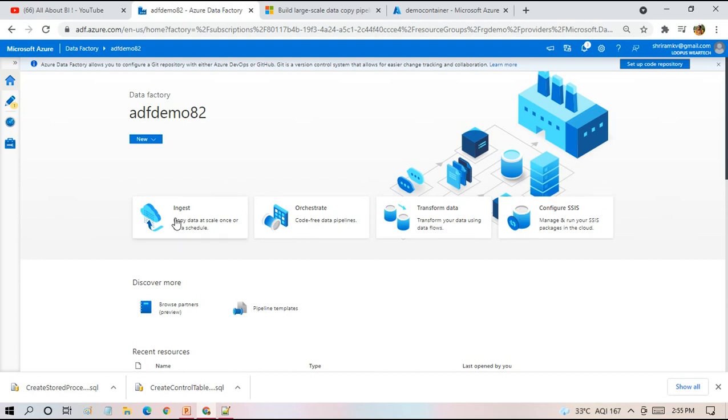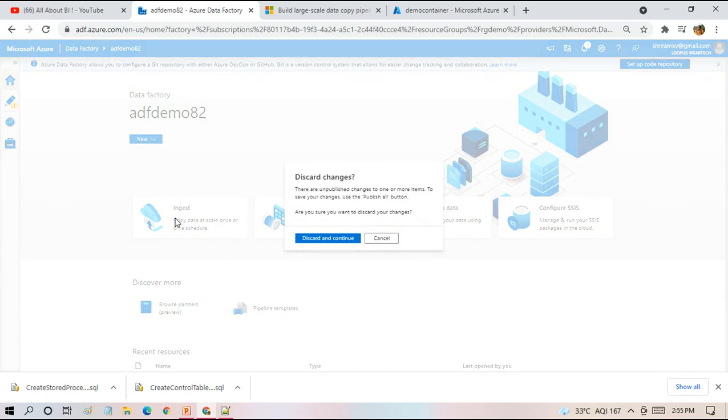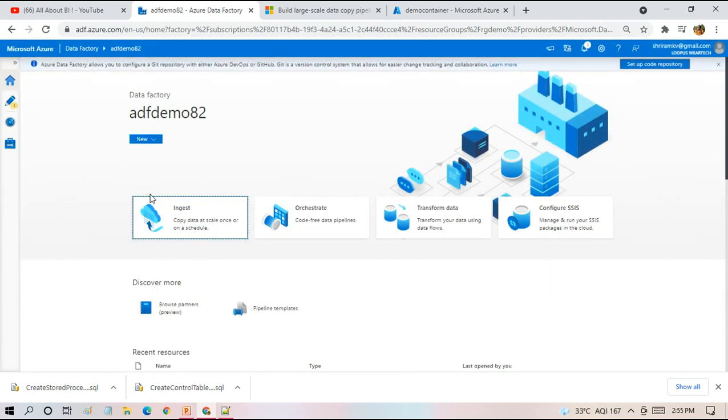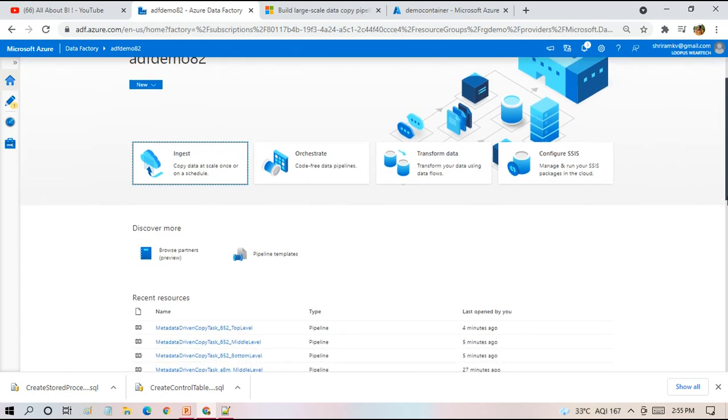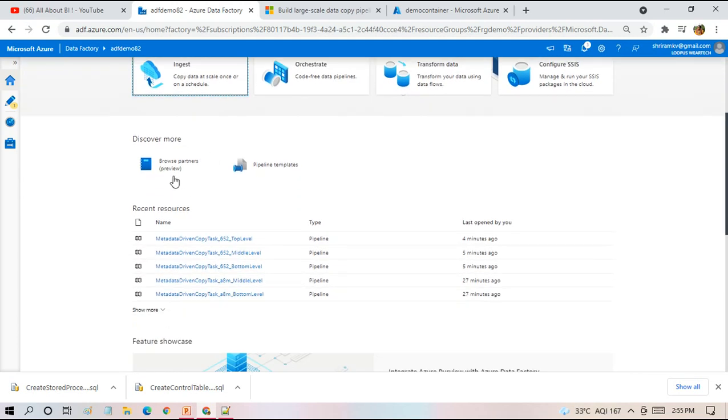If you want to use the copy data tool, you can click on ingest, and then you will have the option to use the copy data tool. And one more tool that I'm going to tell you about with respect to copy data only. So this is number 2, and you have the option to set up a code repository at the top. Then if you scroll a little down, this is under preview. So discover more, this section is being built, it is under preview, it's not in public usage till now.